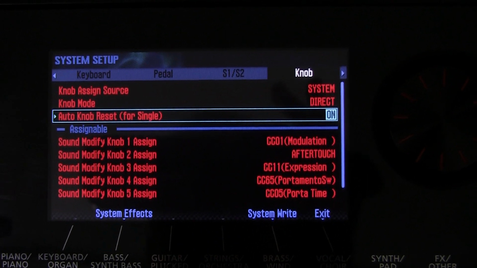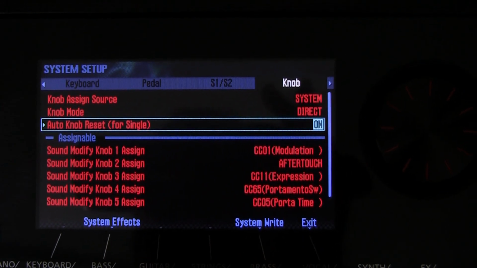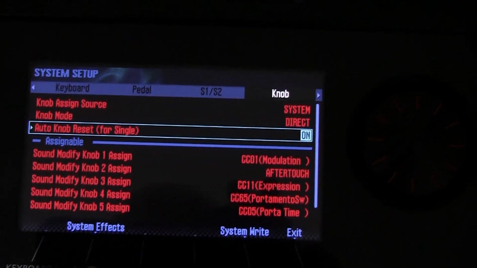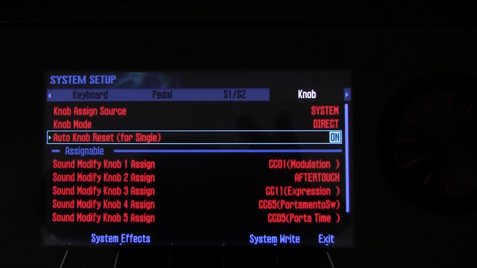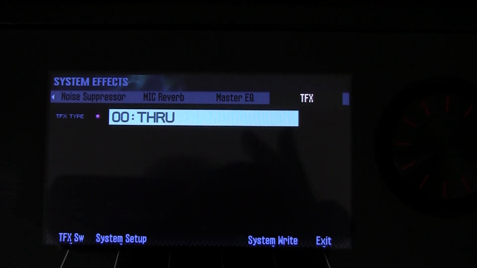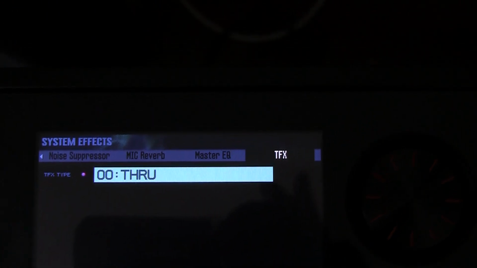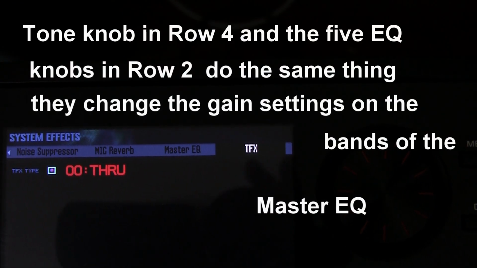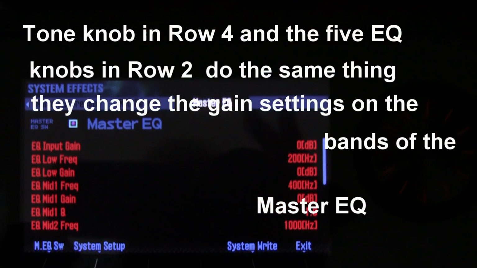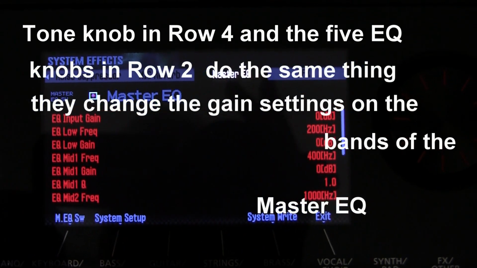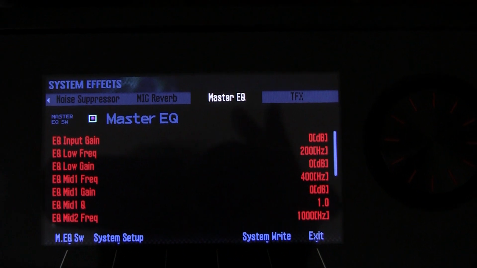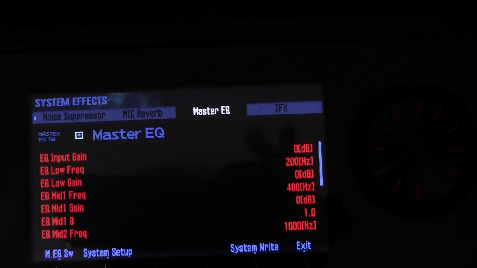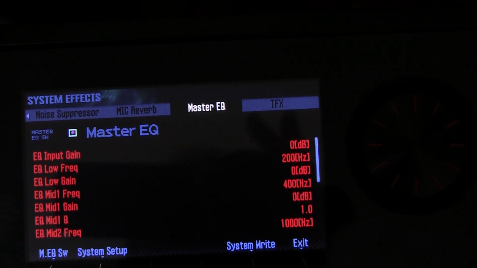Now many of the other parameters are located in the system effects, so we select and press the button there marked System Effects, and then we scroll across to Master EQ. So we're in the System Effects screen at Master EQ, and each of the first 5 knobs that go EQ low, mid, mid 2, mid 3 and high